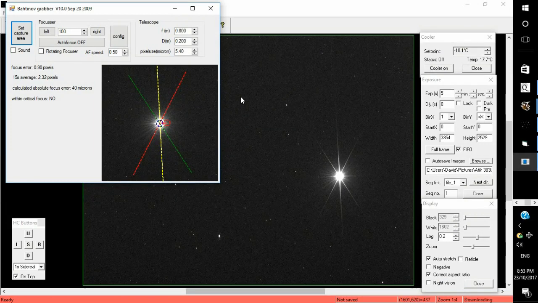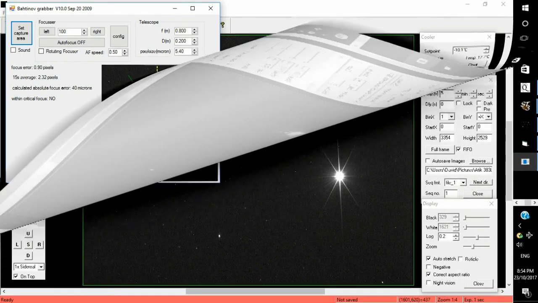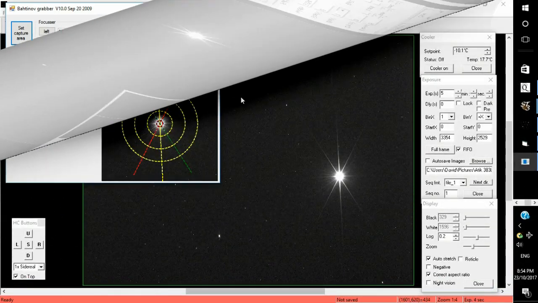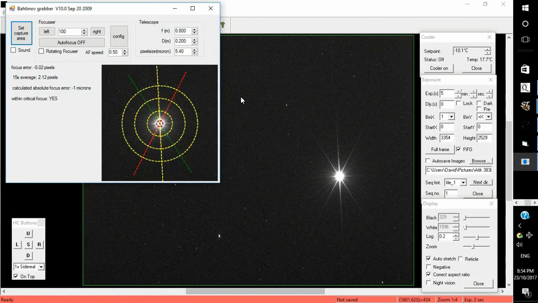If you're not careful, it's only too easy to overshoot, so that the red circle ends up on the other side of the centre. We'll see how we go. Well, it's pretty close, but let's wait for another download. Yes. Well, first thing you'll see is that the message now says within critical focus, yes, and the program has very